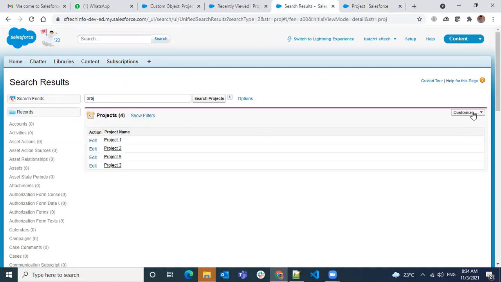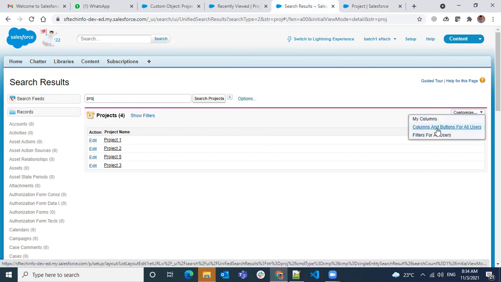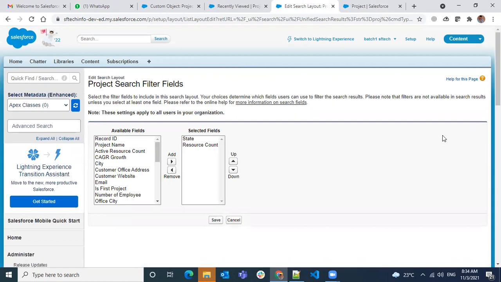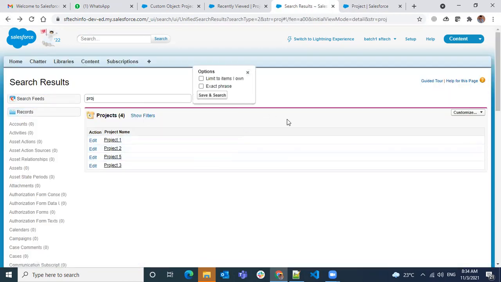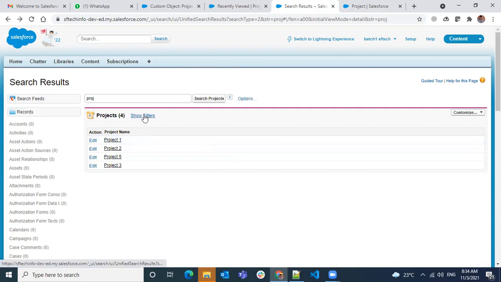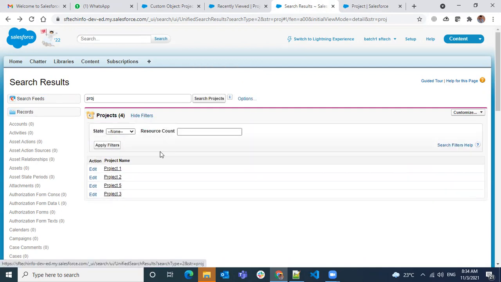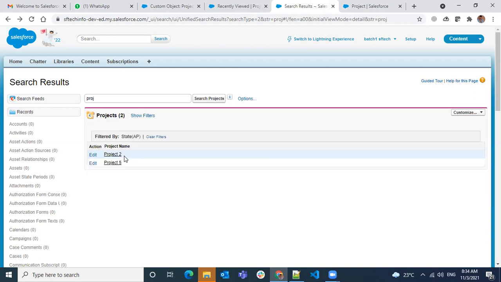When you do show filters, it will show up like this. So if you want to filter only with the AP, then do apply. You will be able to apply those filters.